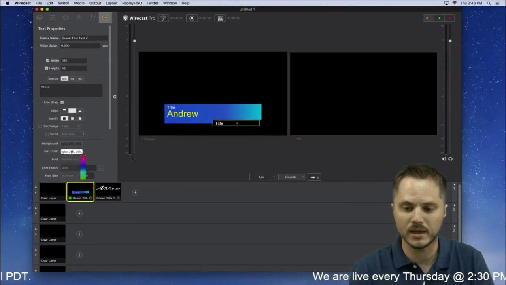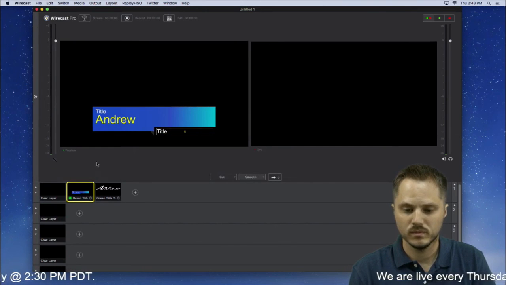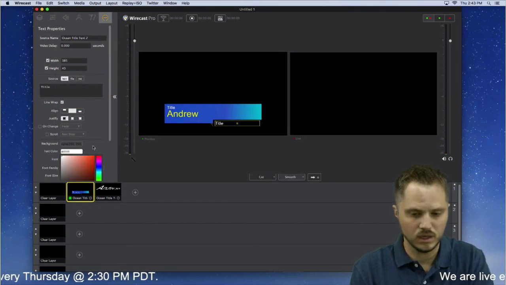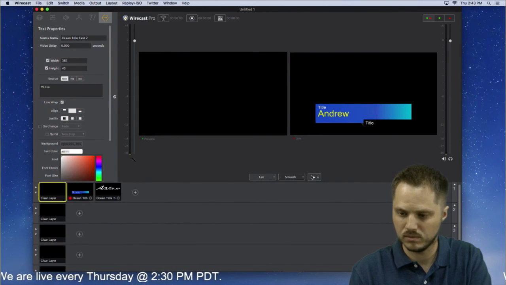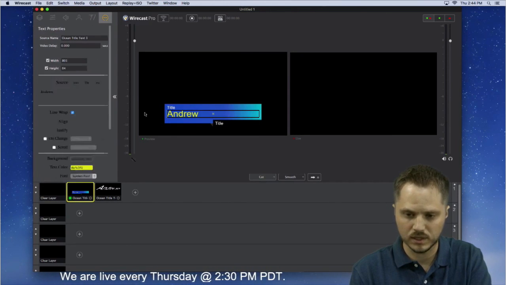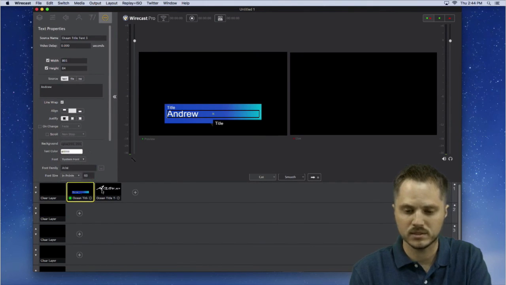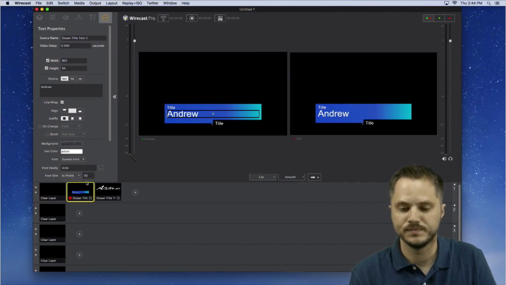So if we want to go back to white, for example, I'm going to hit enter. And wait, see, even I'm getting thrown off here. So if we go back to white, I'm going to click on this guy, go over to the white tab there, and click out of the box. And now it's white, and that change has been made.